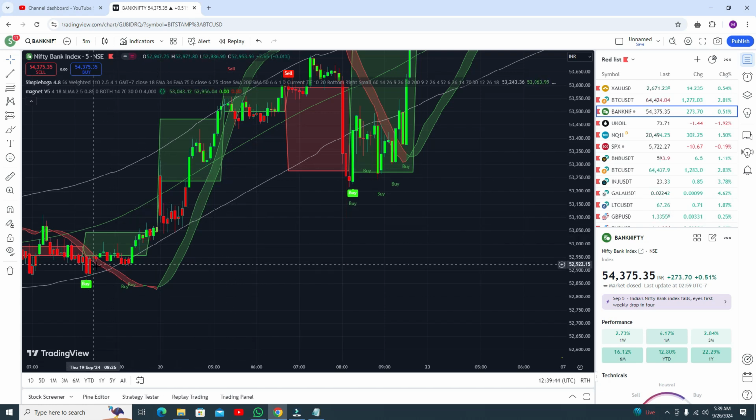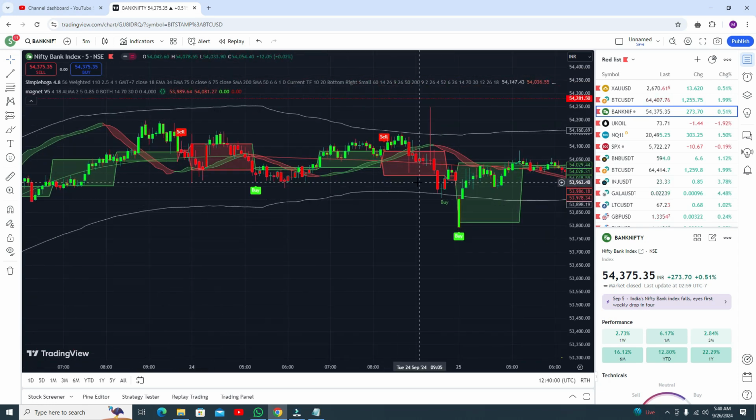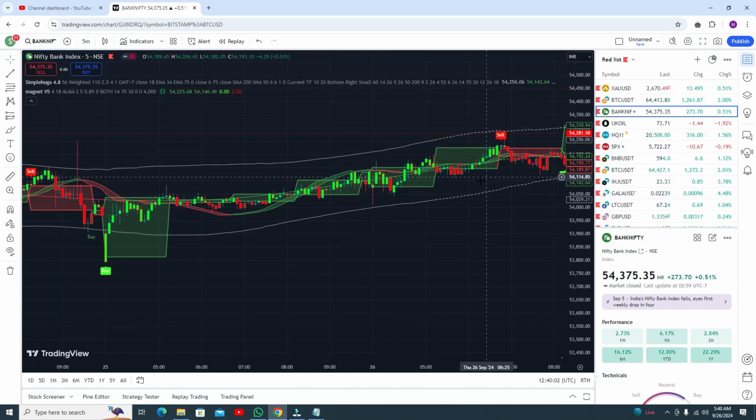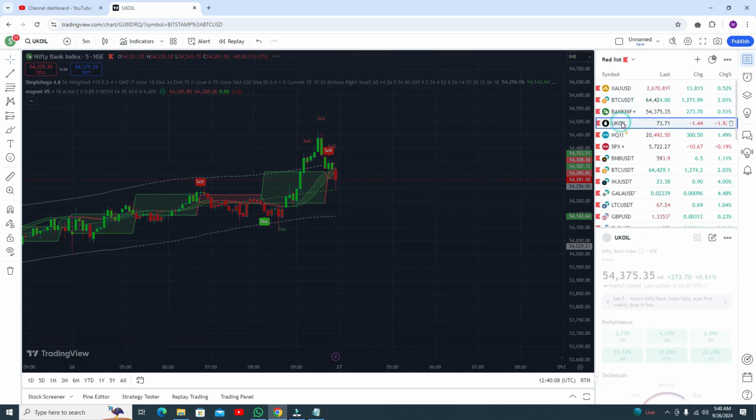Okay, this is the RSI overbought condition. You got both buy signals, and the shadow is green, so you need to go for the buy trade, and you need to book your profit at this point. Okay, so now you can see the results in Bank Nifty as well, because it worked perfectly on all pairs. Okay, you can watch, the accuracy is awesome. So let's see the results in UK oil and Nasdaq.